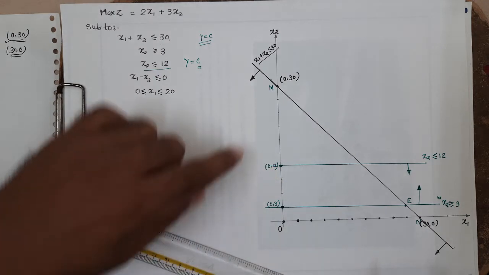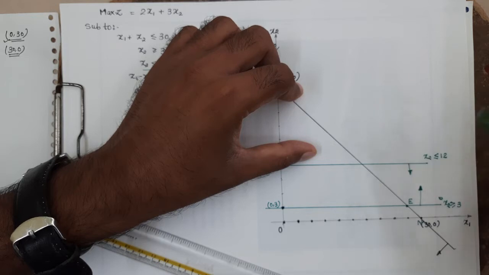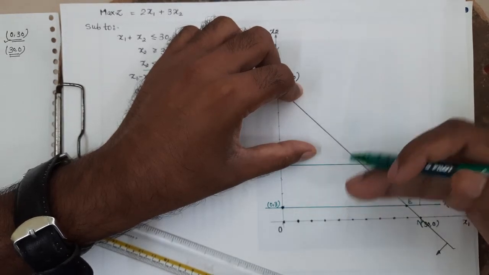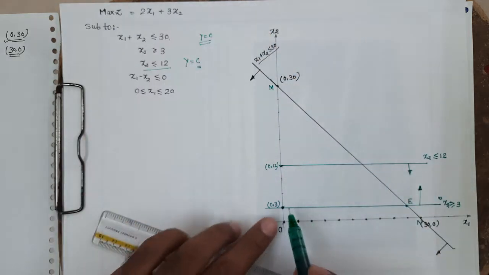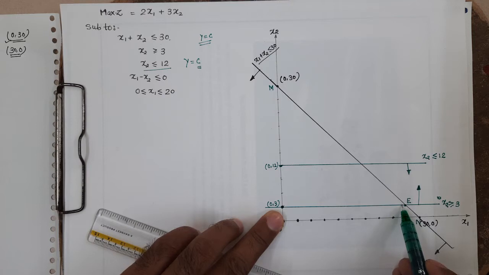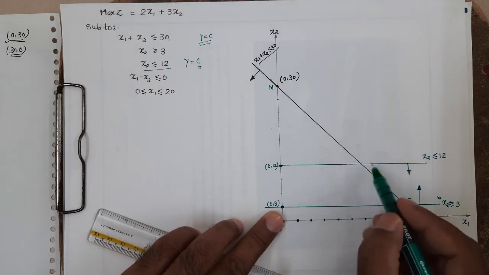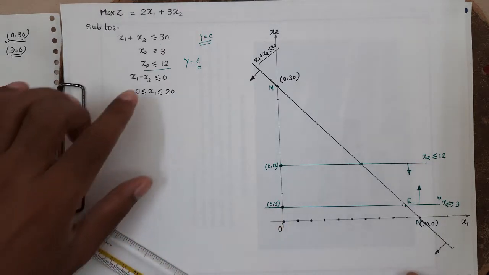Now this portion has gone out, it is not that useful for us, because whatever value we need should be below 12. So we need below this and above x1. So now this is the feasible region. Right now these points are coming, this point and this point and this point, 4 points are coming. So this is the constraint 3.